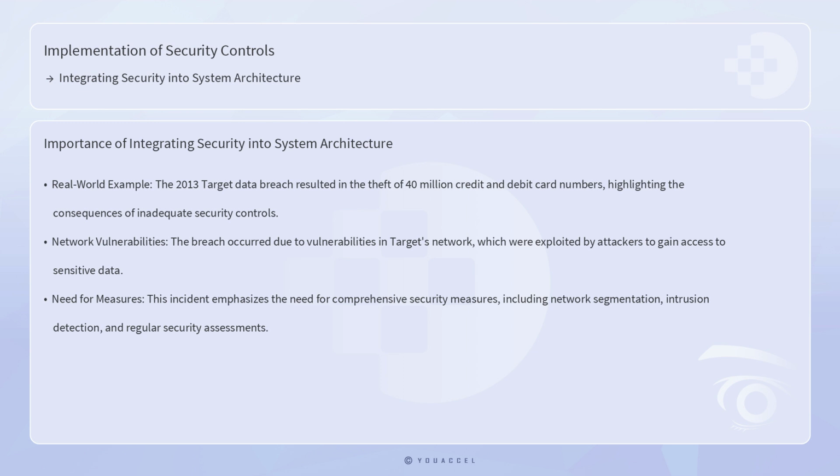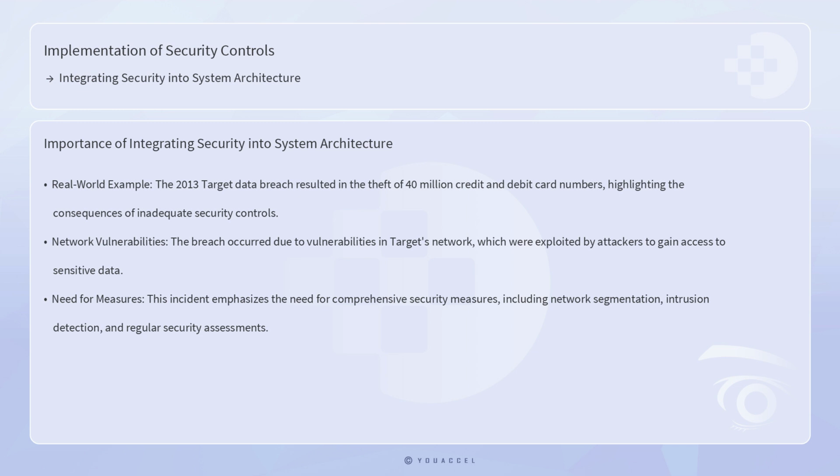Case studies and real-world examples highlight the importance of integrating security into system architecture. For example, the 2013 Target data breach, which resulted in the theft of 40 million credit and debit card numbers, underscores the consequences of inadequate security controls. The breach occurred due to vulnerabilities in Target's network, which were exploited by attackers to gain access to sensitive data. This incident emphasizes the need for comprehensive security measures, including network segmentation, intrusion detection, and regular security assessments to protect